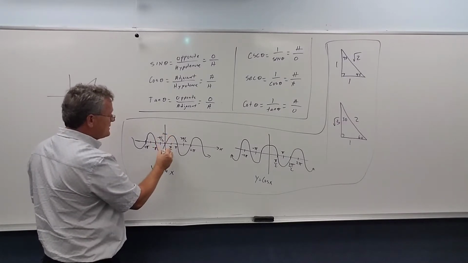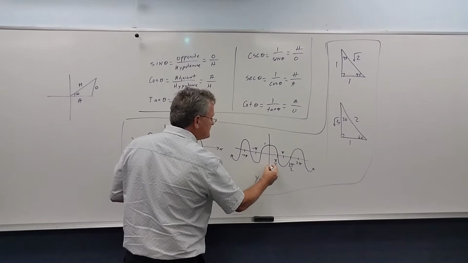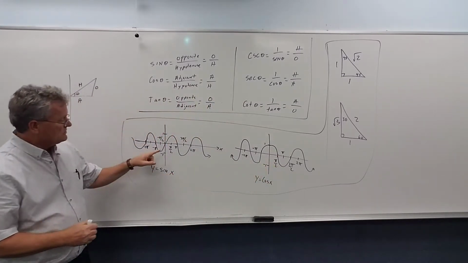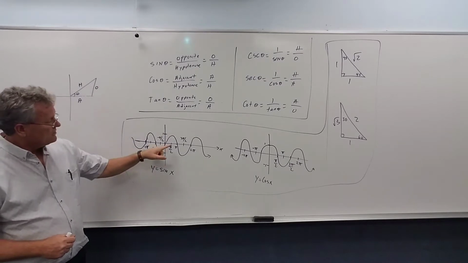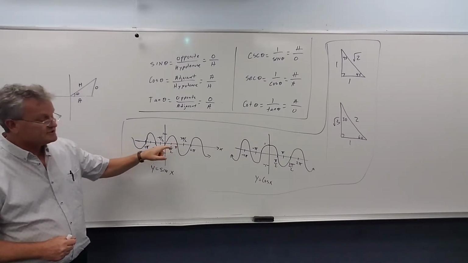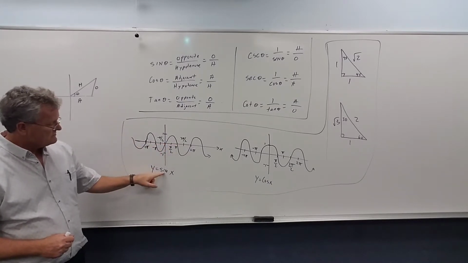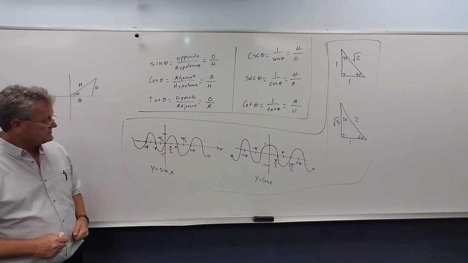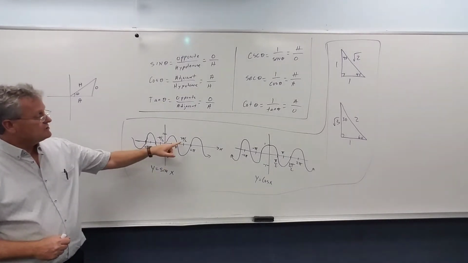This height is 1. This is negative 1. This is 1. This is negative 1. So the sine of 90 is 1. What is the sine of pi, or the sine of 180? Well, that y value is 0. The sine of pi is 0. What's the sine of 3 pi over 2? Well,